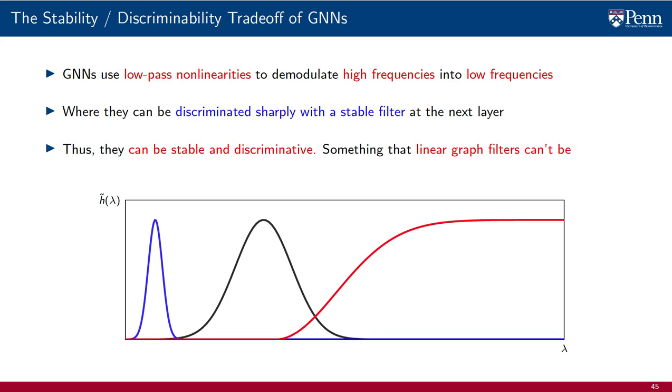Thus, GNNs can be both stable and discriminative. They can be stable if they use integral Lipschitz filters, and they can be discriminative by demodulating high-frequency components into low-frequency components. They do that with low-pass point-wise nonlinearities in order to enable their stable discrimination in deeper layers. This is a trade-off that linear filters cannot achieve. They are either discriminative or stable, but they can't be both. That GNNs can be both stable and discriminative explains their better performance relative to linear graph